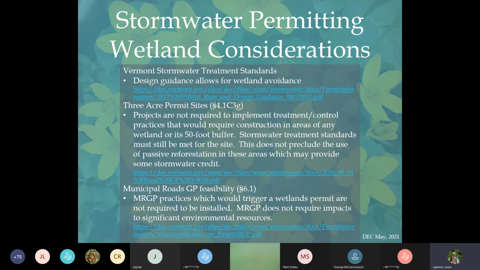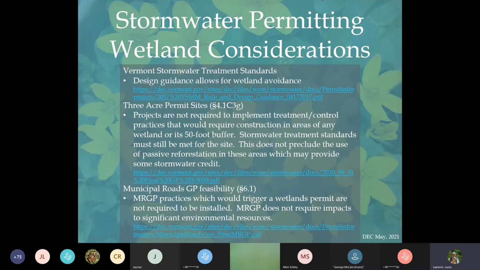You may be asked to do passive reforestation in wetlands or buffer zones that have been historically mowed in order to help get you closer to meeting the requirements of the 3-acre permit. Doing that passive reforestation or even plantings is not something that needs a permit from the wetlands program.